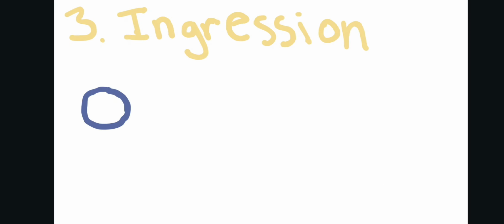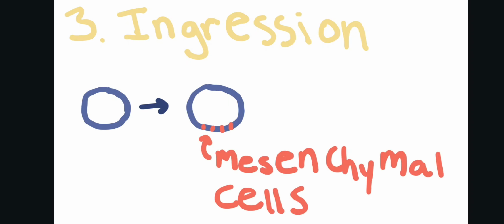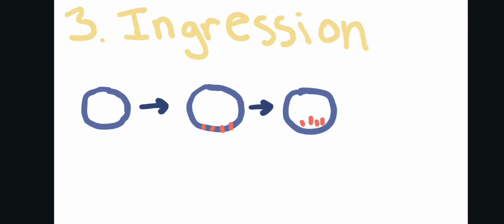Again, here we're going to start with a little blastula, and here individual cells will disassociate from the ones beside them, becoming mesenchymal cells. Then these mesenchymal cells will migrate upwards, but they will move independently from one another, which is important because this factor helps to differentiate it from the next type of cell movement that we're covering,